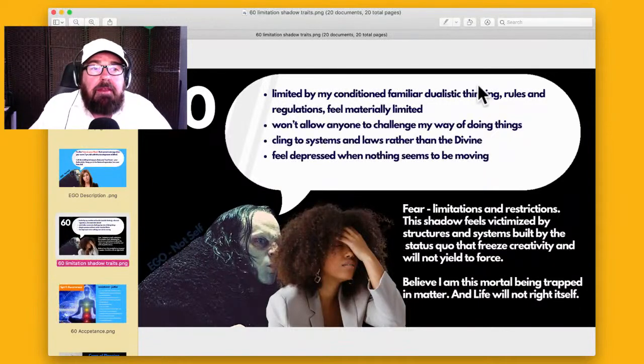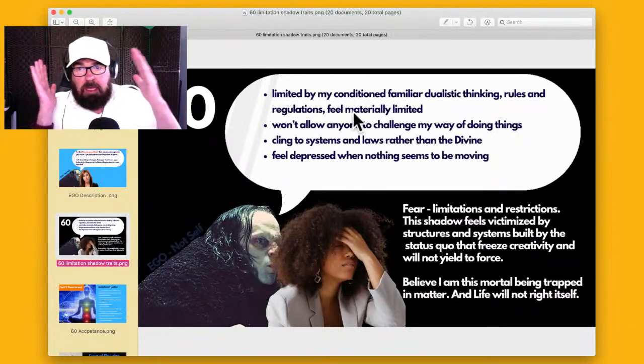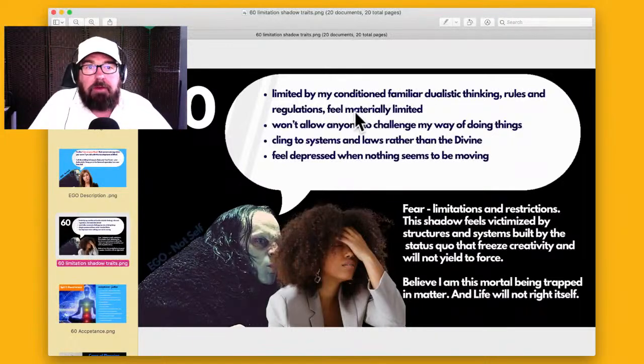Feeling limited by these rules and regulations. Maybe you've got rules on yourself that you've inherited from your ancestors. Well, I don't do that. Well, I'm a Christian, or I'm a yogi, I don't do those things. You got to look at this, because they're keeping you trapped in the horizontal, right?